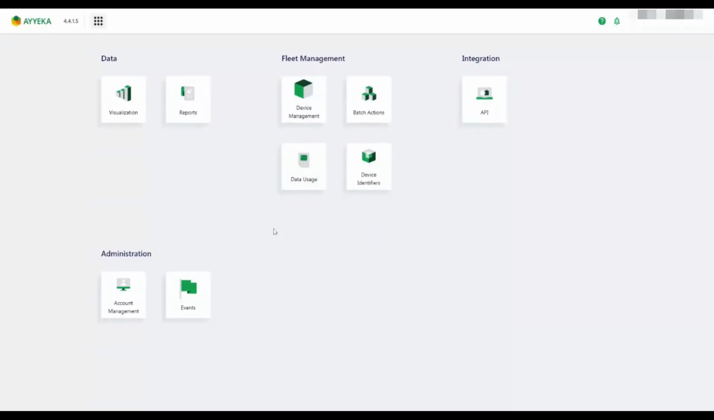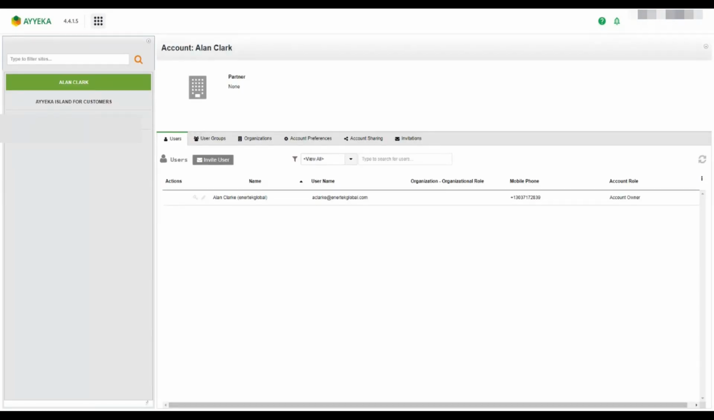The next feature we're going to look at is our account management. When we click here, we are presented with the account access. And so here we have our users. You can see that I'm currently the account owner. We can